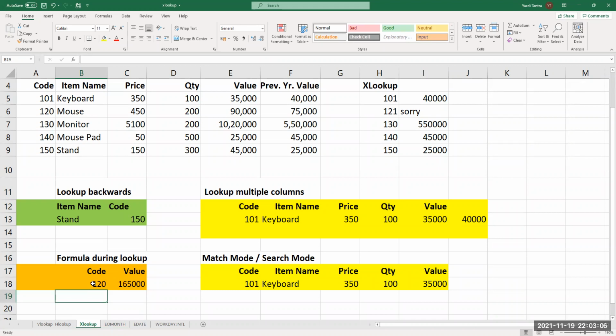This is also very cool because you can use a formula on the fly. During lookup itself, I can use a formula, which was not possible with VLOOKUP. I had to have two columns, get the lookup values, and then have a third column where I would do the multiplication or addition or whatever I want to do. I might want a percentage, whatever I want to do. So during lookup, I want to find a result or do some calculations.